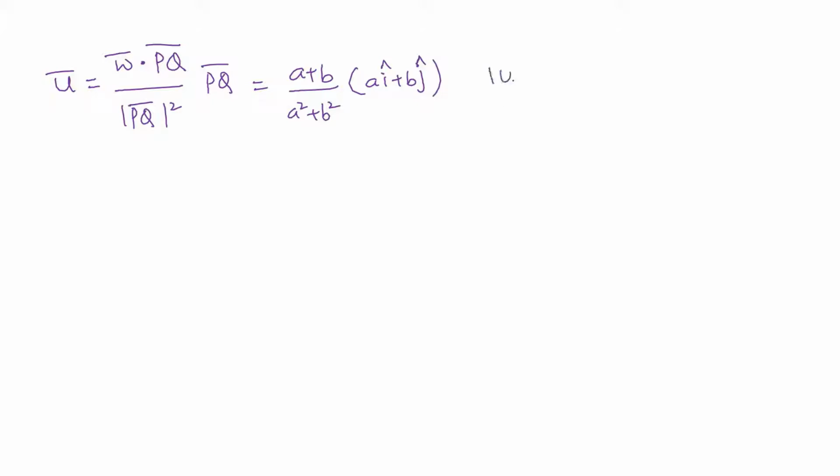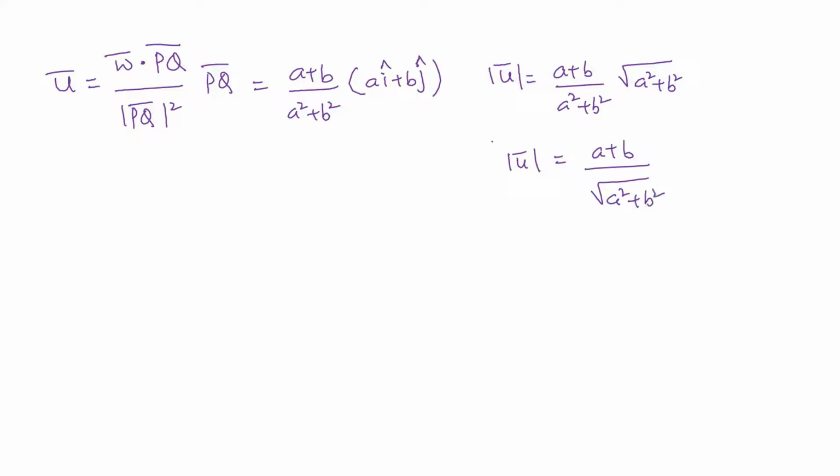Now we want to find out the magnitude of U bar here. This one is a positive constant, as we know A and B are positive numbers, that is already mentioned in the question. So here we are going to get A plus B upon A square plus B square, and the magnitude of A i cap plus B j cap is going to come as under root of A square plus B square. So now if you cancel this out, the magnitude of the vector U bar is going to be A plus B upon under root of A square plus B square.